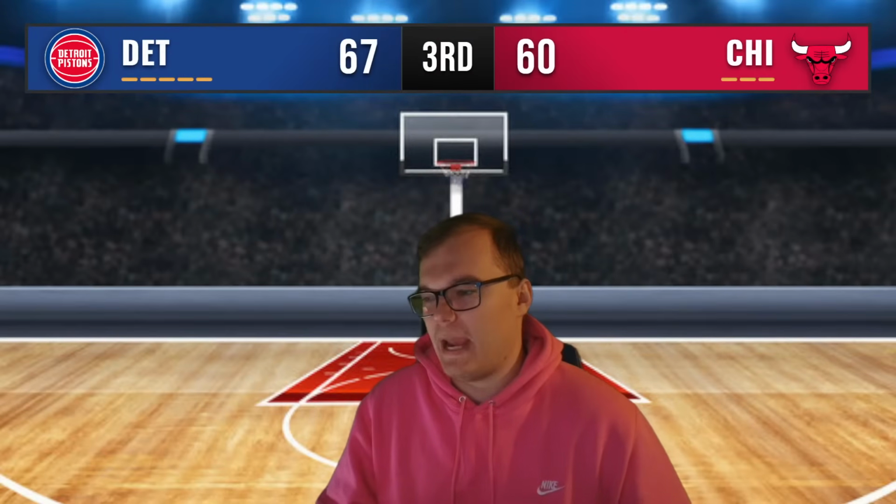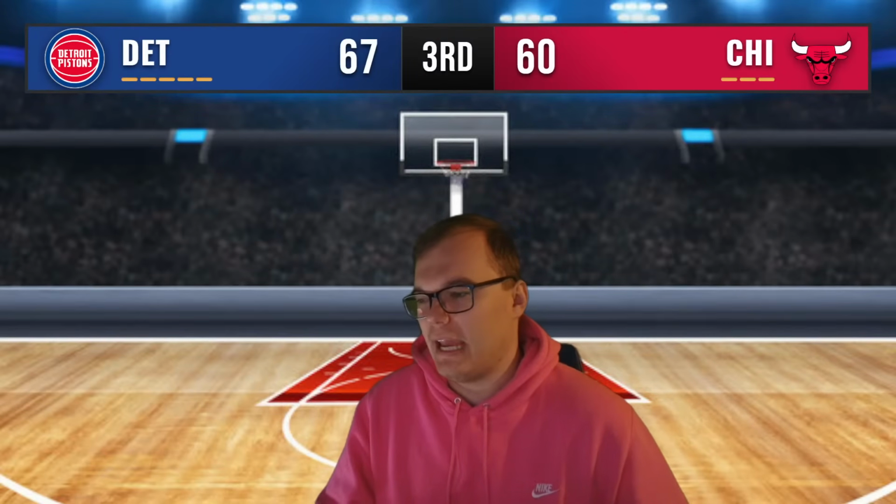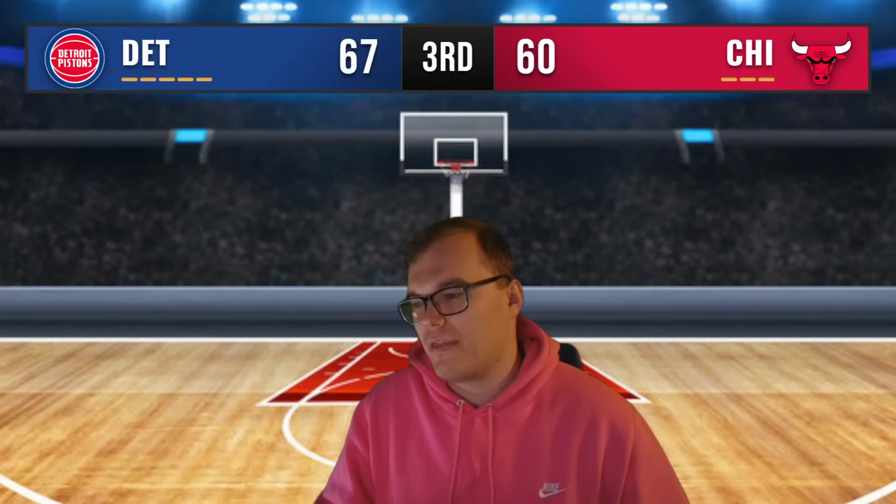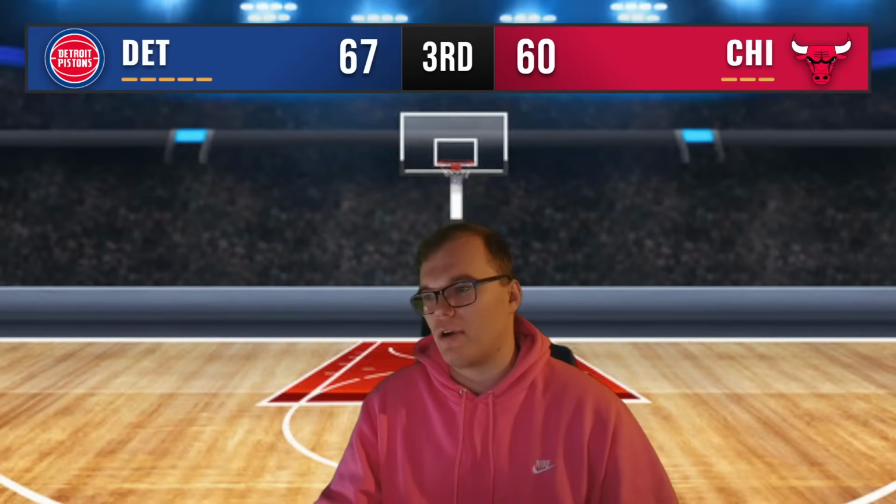67-60 basketball game. Tobias finds Cade Cunningham working in transition here. 8:30 left to play in the third quarter. Cade offside here to Asar Thompson. Finds Jalen Duren working against Smith. Gets it right back to Cade. Cade trying to direct the offense. Underneath here. Finds Asar Thompson. Underneath to Duren. It's going to be blocked by Giddey. Good play from Giddey underneath. It's going to be Pistons basketball with about 7 seconds left on the shot clock.